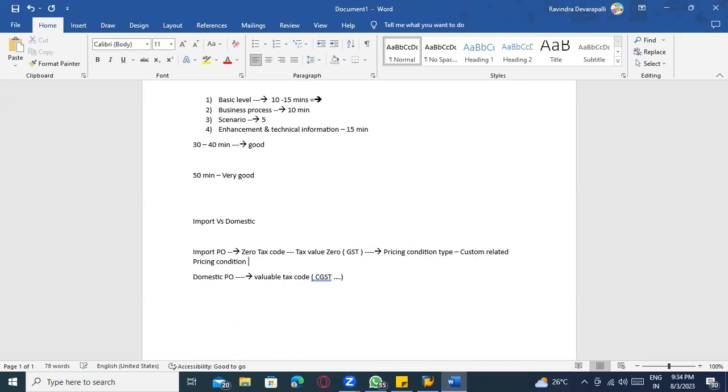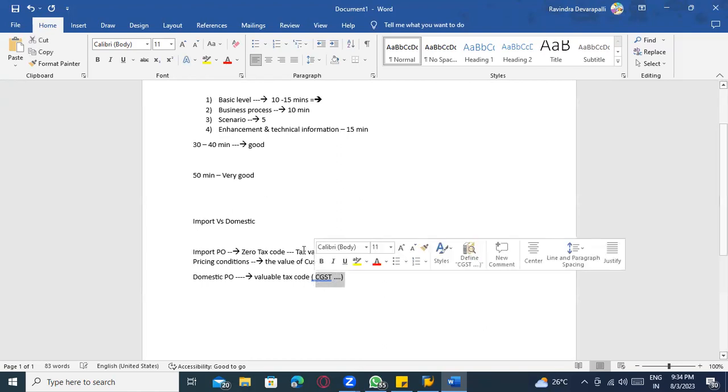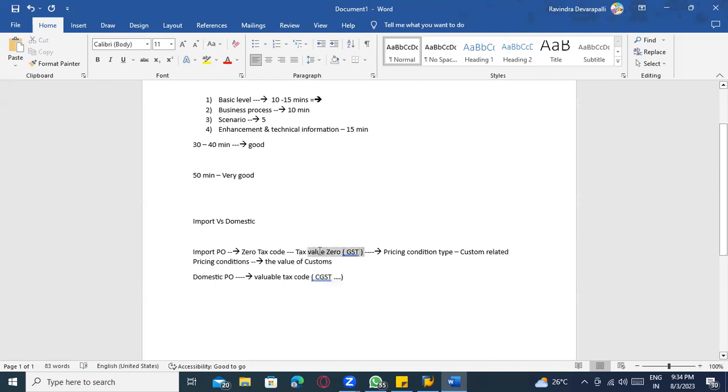Here you maintain the value of customs, how much you plan to pay, and the CVD account, with all those values maintained. So I'm not maintaining it at the tax level. Generally we maintain tax related information at the tax level, but in this case we maintain it directly in the pricing procedure.